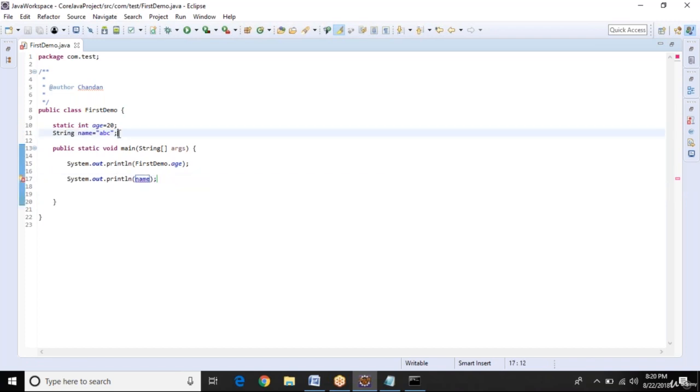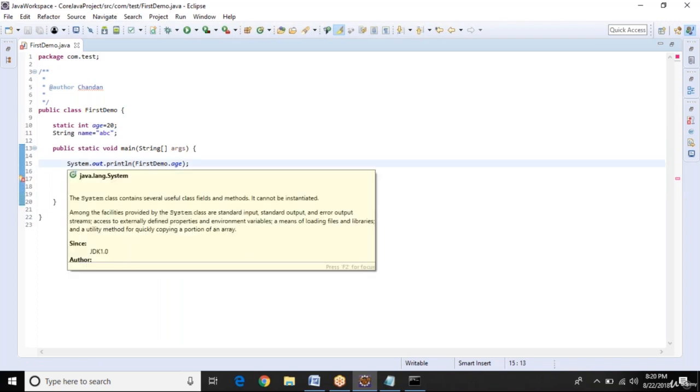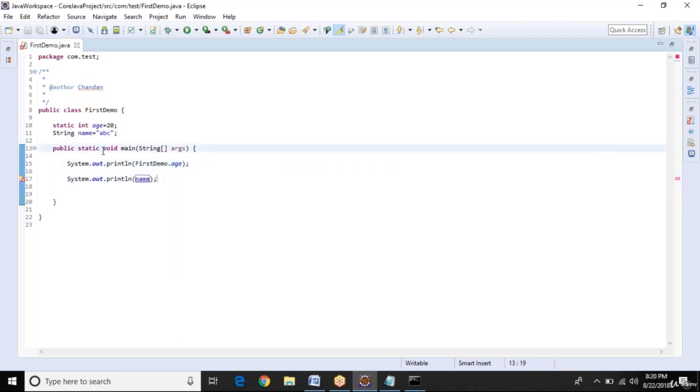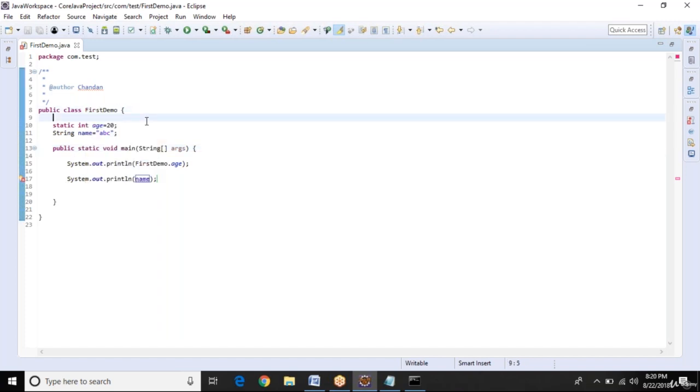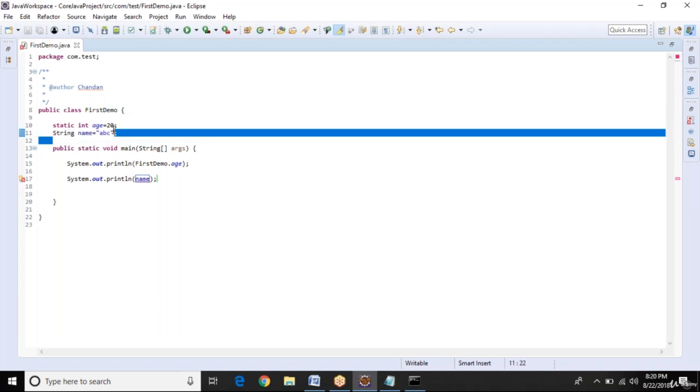So how can we use an instance variable? For an instance variable, or object variable, we need to create the object of that particular class. Let's say we are creating a project for a college and somebody is not a student of that college, then they cannot use any property of that college.